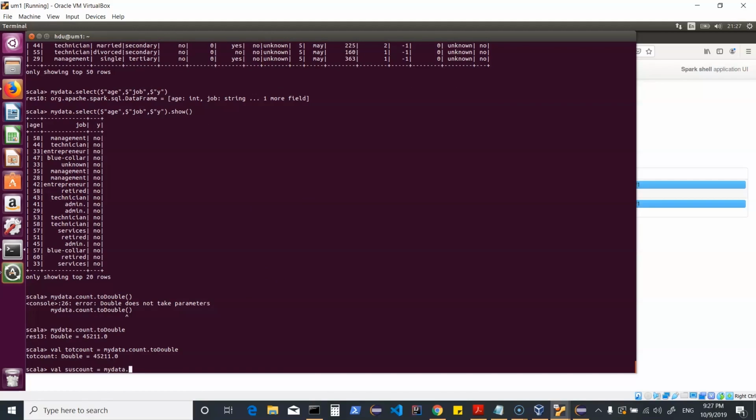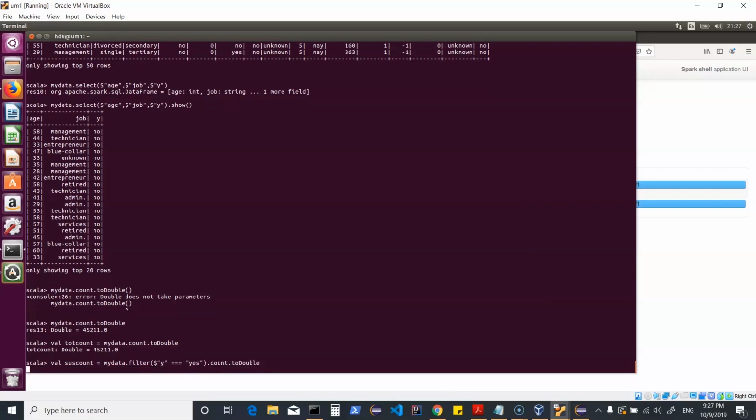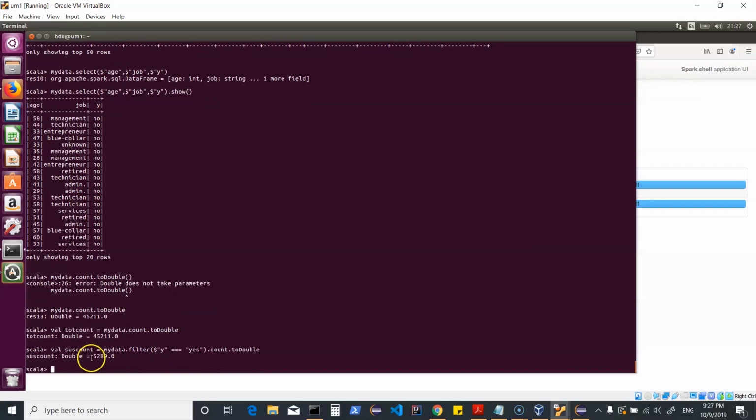I would want to filter the values where the value for subscription is yes, and then we could just do a count of this and convert this to double value like we did earlier for totalCount, and that tells me how many people were interested in subscription. So it gives me a count of people who were interested in subscribing for a deposit.